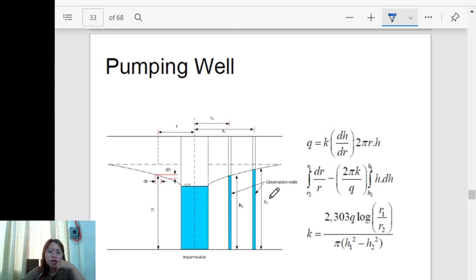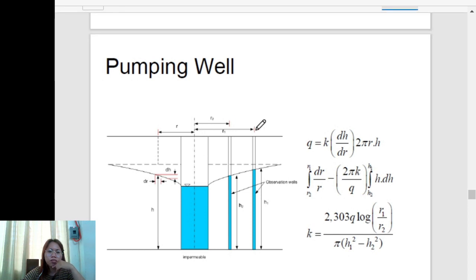The outer one is h1, the height. So from the center of the pumping well to the outer tube, that is r1. So that the